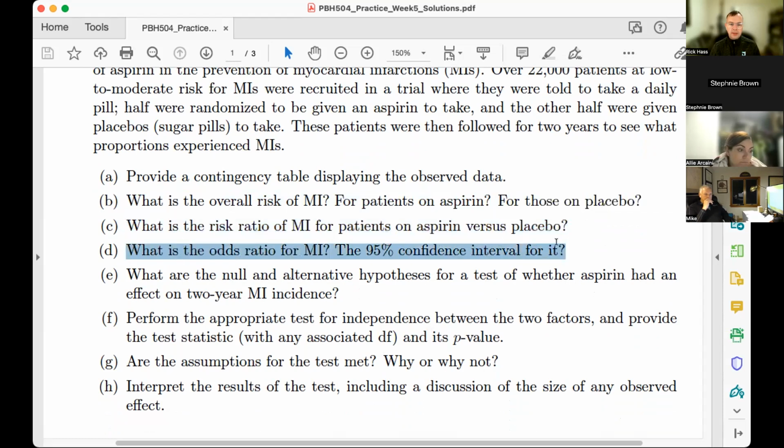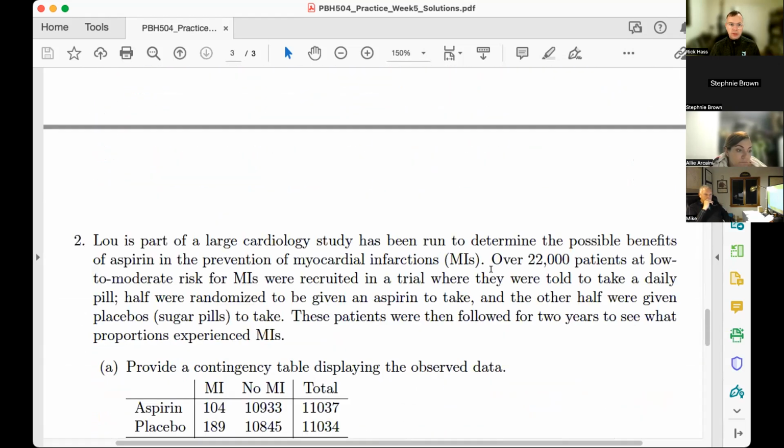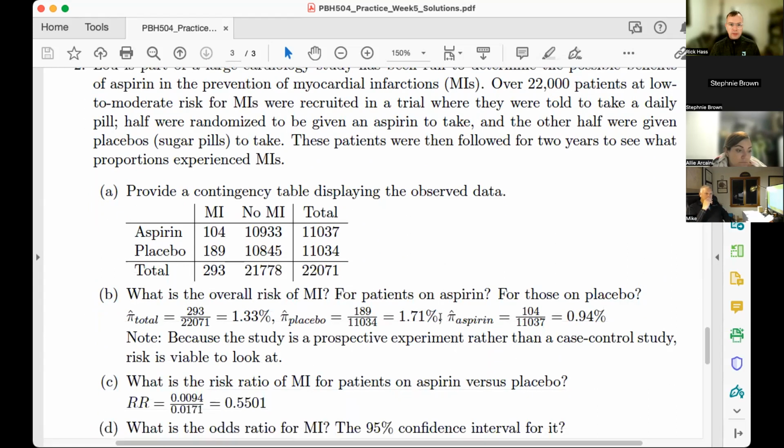We're going to focus on the odds ratio and then the chi-square test. So I'll just show you a few things. In our contingency table, the risks are basically just, what's the risk of myocardial infarction? The total risk is 1.3% of the patients experienced an MI, 1.7% were placebo versus 0.94% aspirin. And so we're basically trying to see, is there a difference? Are these related? Of course, the risk ratio